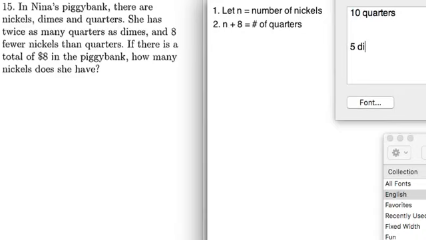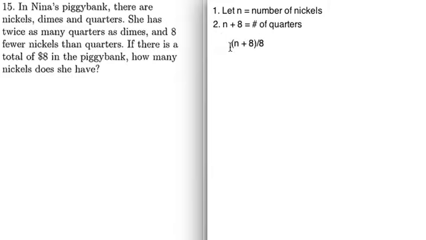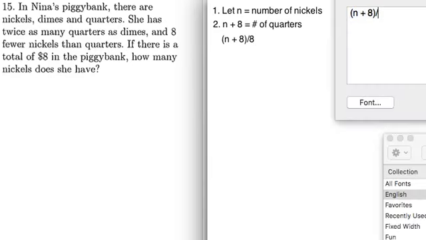I can usually figure out how that means 5 dimes. What did I do to this 10 to turn into a 5? I divided by 2. So that means I would do n plus 8 divided by 2. Now this isn't impossible, but if you're throwing a division in here, it's just for a lot of you guys who aren't too comfortable with fractions, having n plus 8 divided by